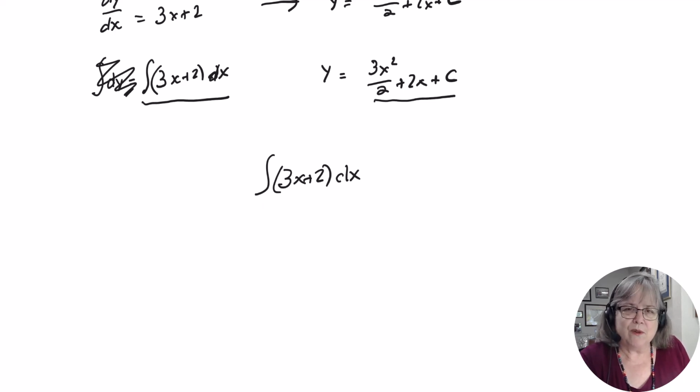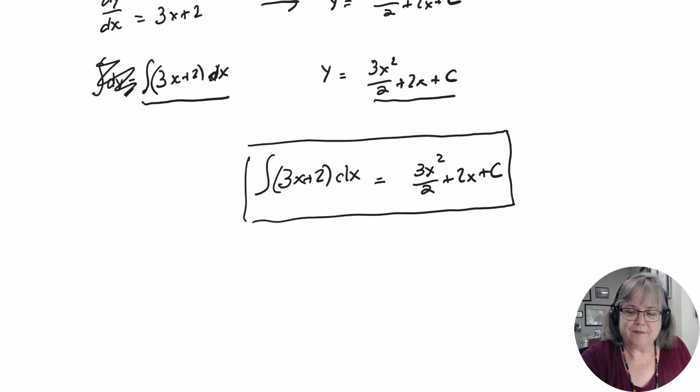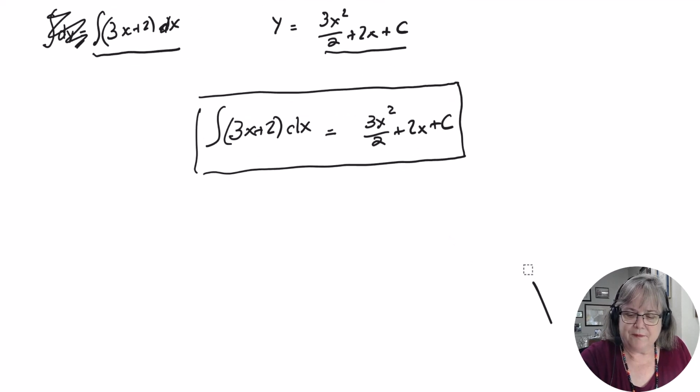We're going to get a general type case like we did with the antiderivative where we get a family of functions where we retrieve part of the function except for the constant, so we go plus c. And we would say this is 3x squared over 2 plus 2x plus c. Okay, so this is the format that we're going to be dealing with for a while. All right, now